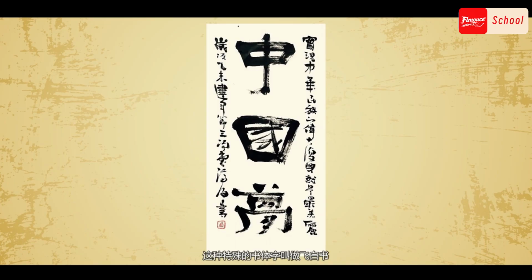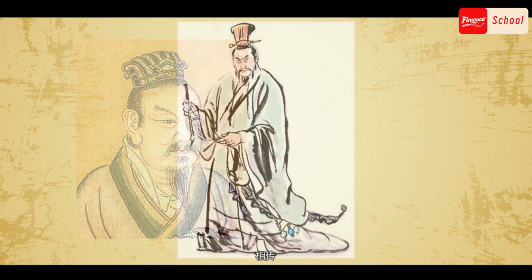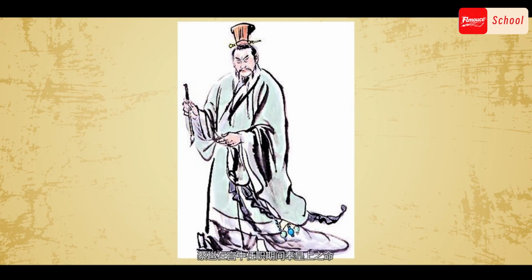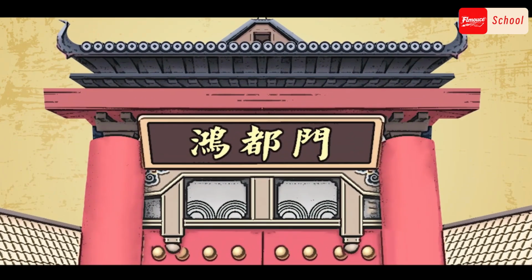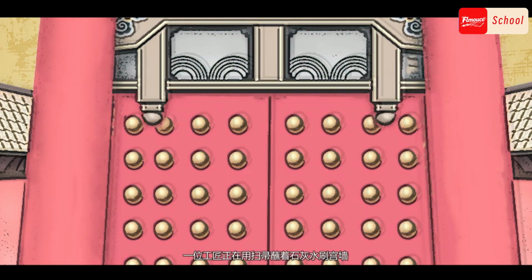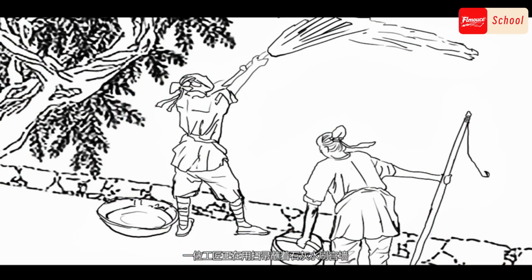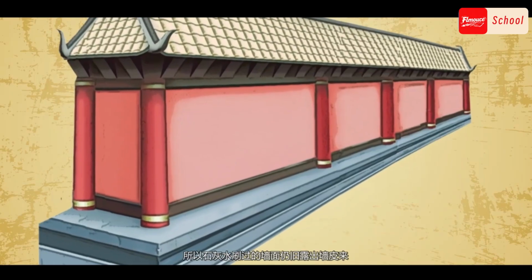This special calligraphy style is called Phi script. Tsai Yi, a famous writer and calligrapher in the Eastern Han Dynasty, accidentally discovered and created it. It is said that during his tenure in the palace, on the emperor's order, he was delivering a written article to the earliest college, Hongdumen. Unfortunately, the Hongdu Gate was under repair, and the gate was closed. A craftsman was using a broom dipped in lime water to brush the palace wall. The broom was big and thin, couldn't absorb much lime water, and the palace wall was not smooth. So the wall painted with lime water still showed the wall skin.